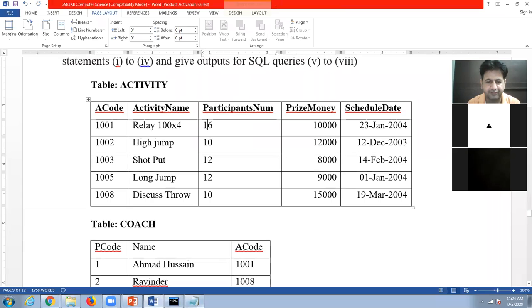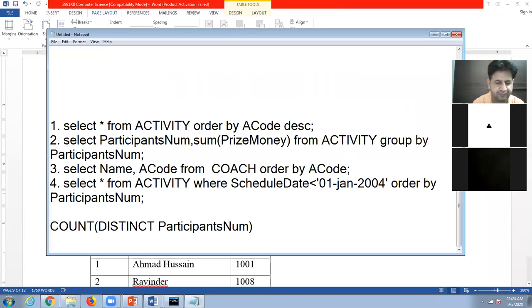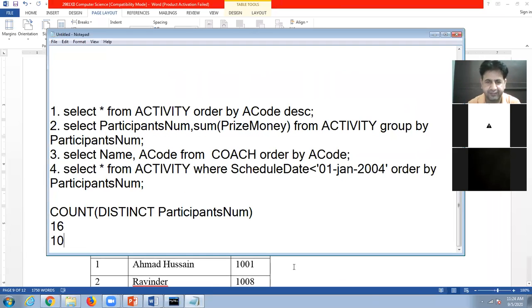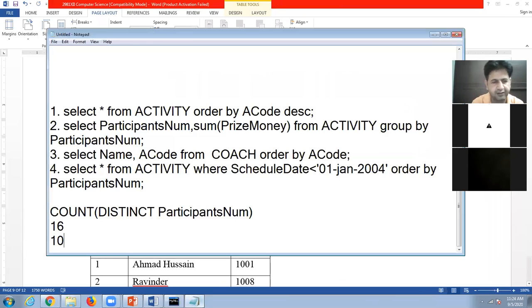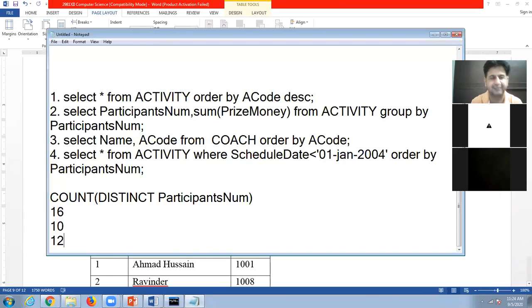So here will be 16, then there will be 10, then 12. So you will write the output like this.